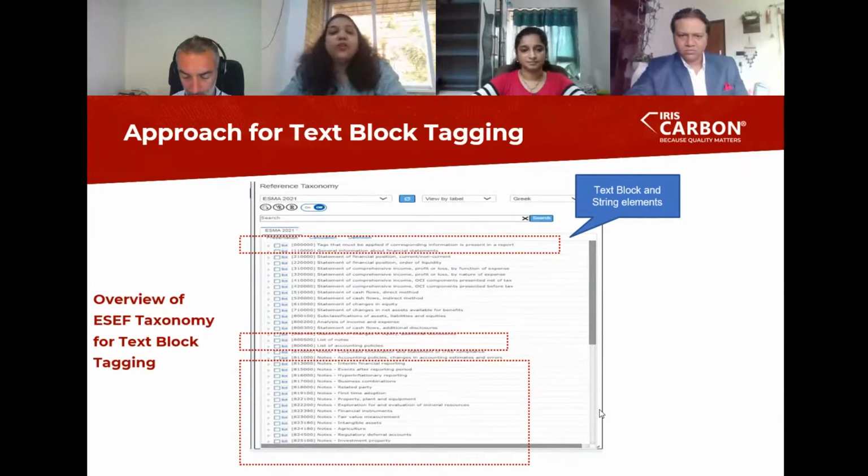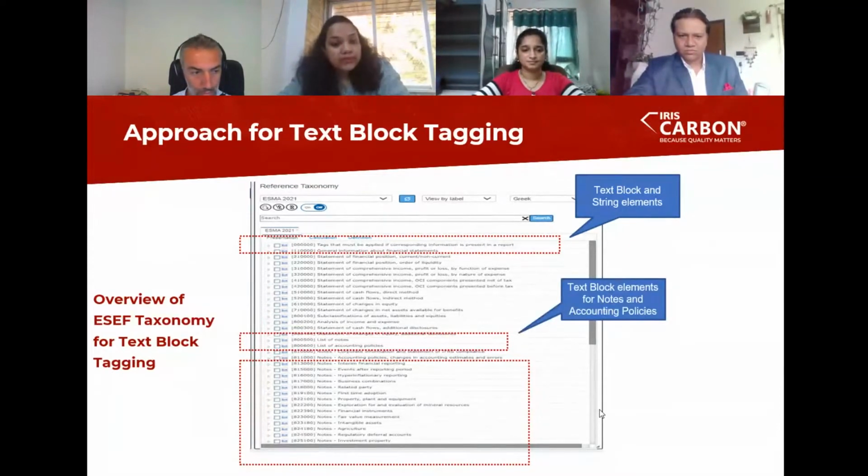String elements are not new to you all, as these elements are mandatory tag requirements. If you go down further, you will see the links 800500 and 800600. These are basically text block elements for notes and accounting policies.